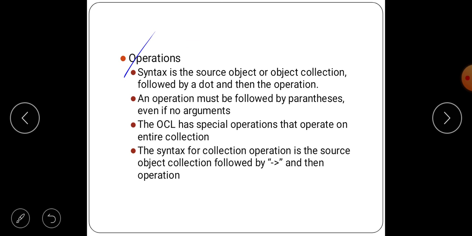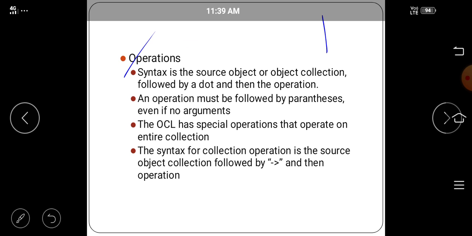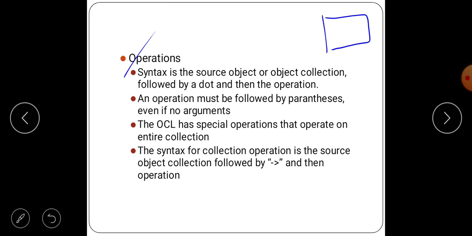Next, operations. We know that the class or object contains three compartments: the first for the name of the class or object, the next is attribute, and the next is operation.